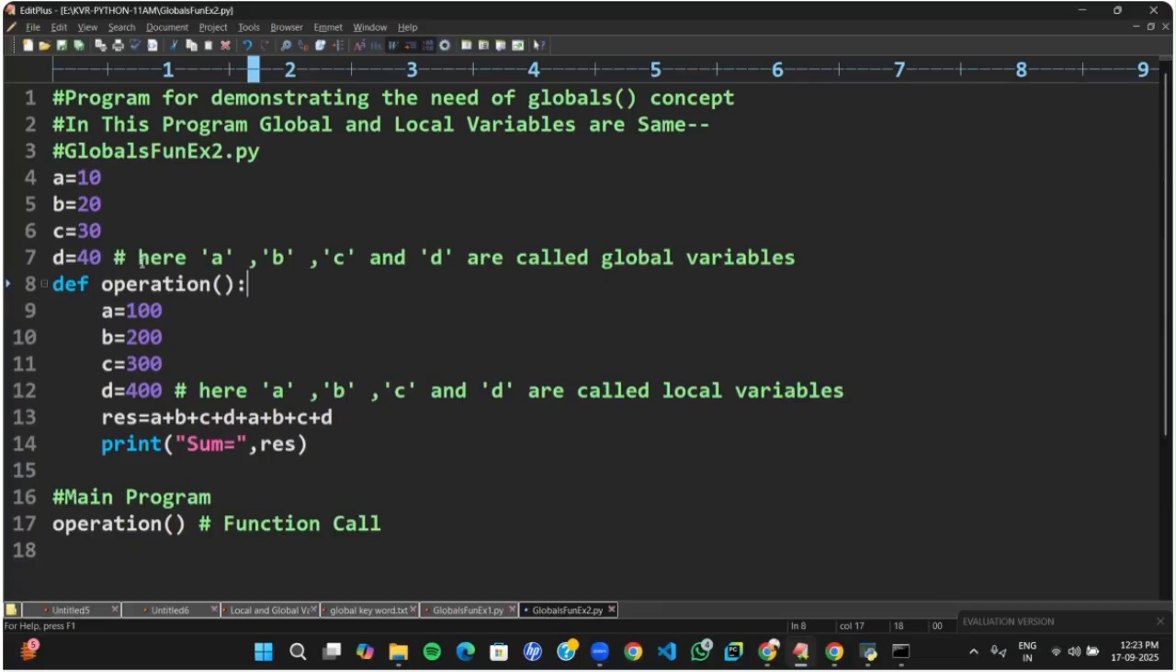Now I want to access which variables? Global variables. At which time? Though the local and global variables are the same, I want to access the global ones at the same place. For that, I will write globals with square brackets. Inside that, this one. See, globals of, I am writing the value here. Plus, I am writing globals of